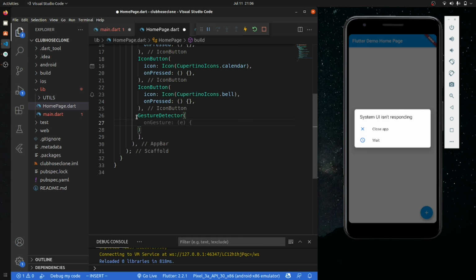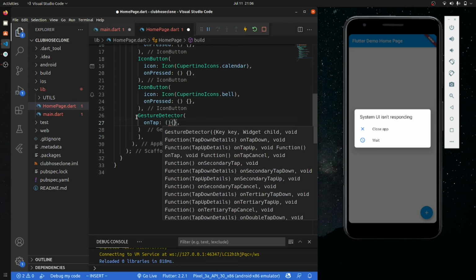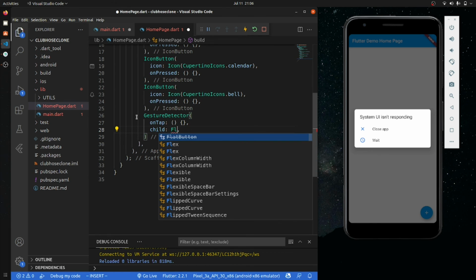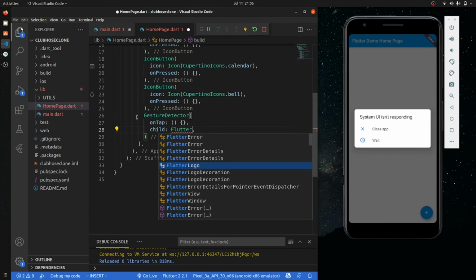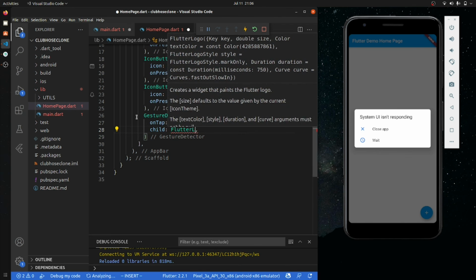Because onTap we have to open something. In future we will do something on tap, but for now I'm just setting it as empty. So we will add a child, and in that child we can add a Flutter logo, or we can go with the circular avatar also.